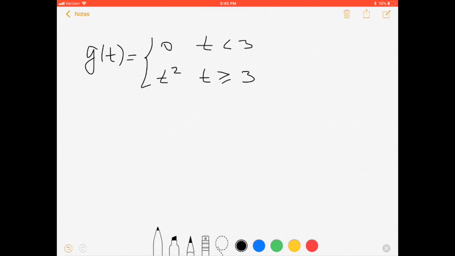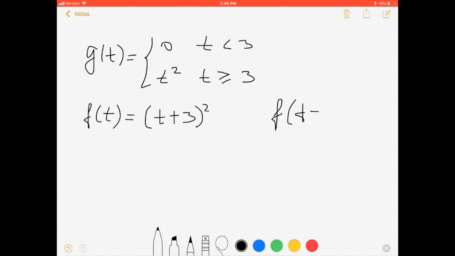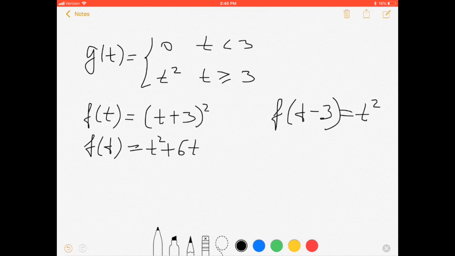This part is equal to t squared. Now I take f(t) equal to (t plus 3) squared. I choose this function because f(t minus 3) will be exactly t squared, exactly the part we need. But now f(t) written out will be t squared plus 6t plus 9,